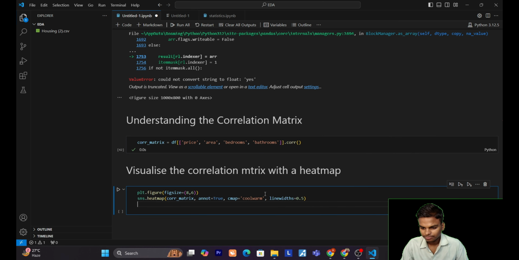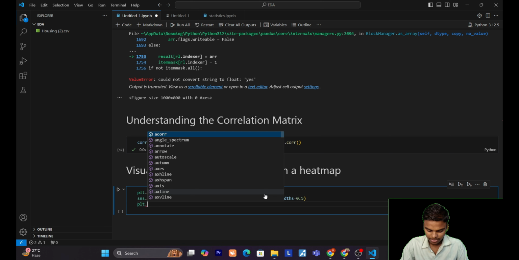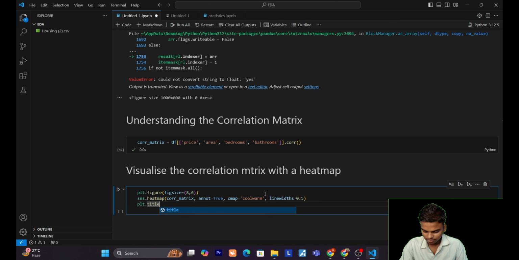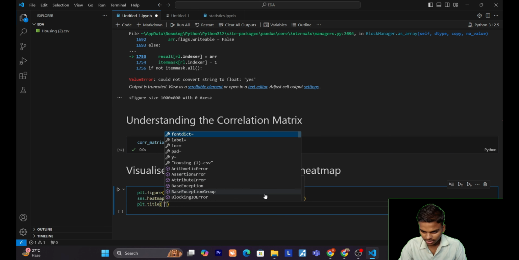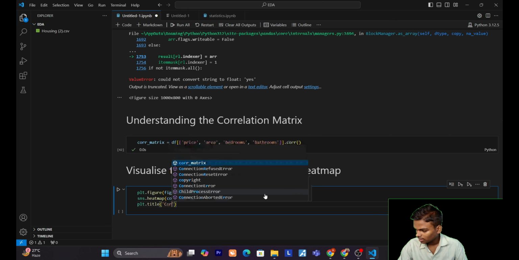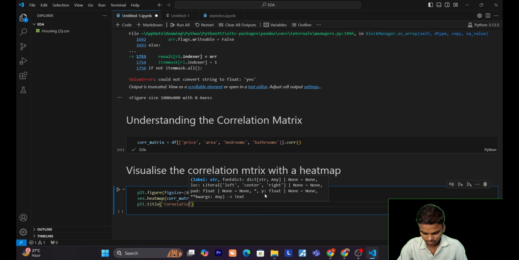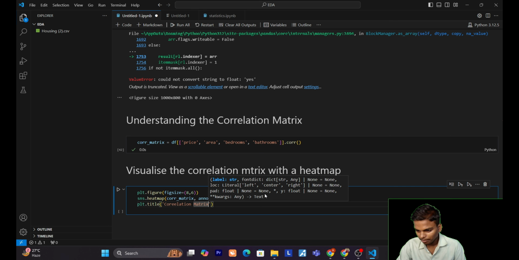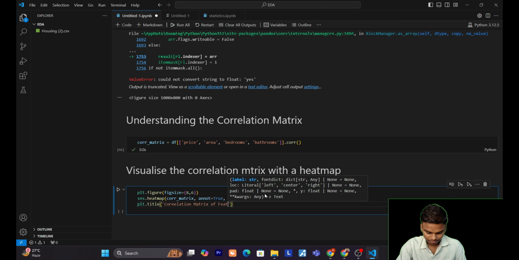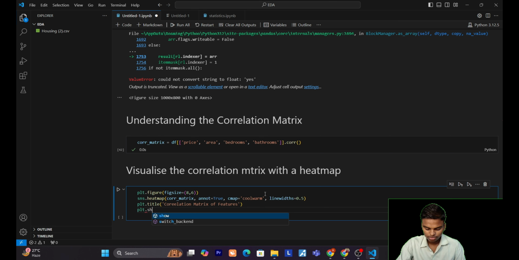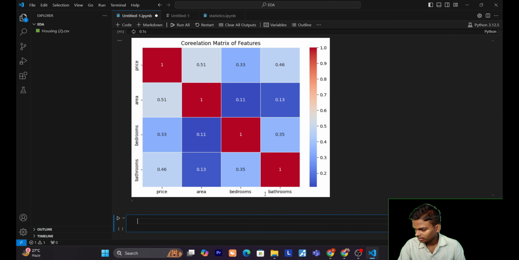Okay, so now let's start plt.title. Here I am going to give the title name, correlation matrix of features. Okay, correlation matrix of features. Then just close with plt.show, and now run it. Okay,